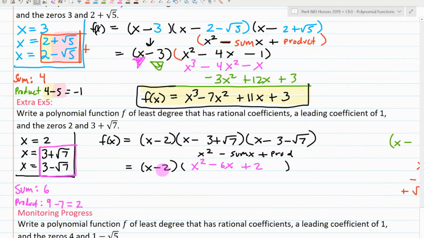Okay, here we go. So let's finish this up. In this part, I don't use the box method because I think it just takes a little bit more room. It's a little messier, but you're welcome to use the box method to finish this up. So x times all of these